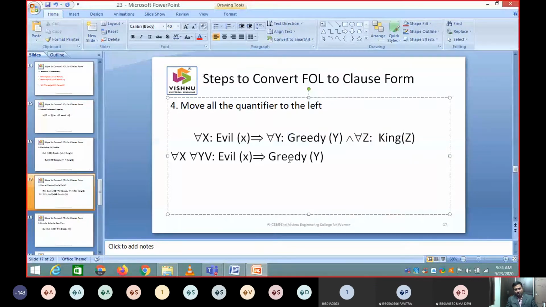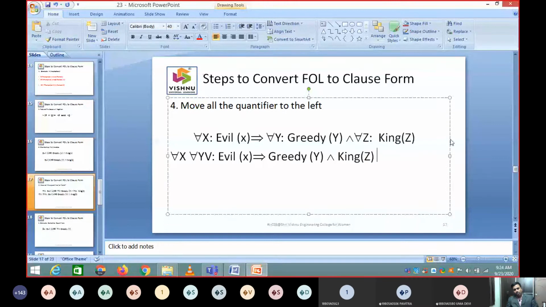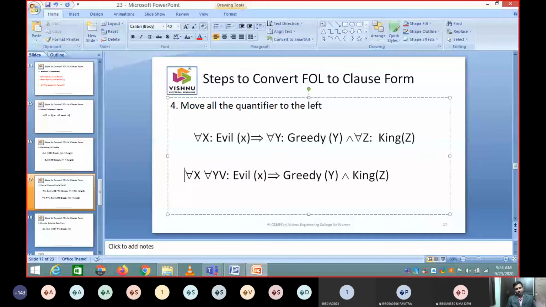Particularly since it is given in our textbook, we are discussing these rules, but the procedure that we adopt will be automatic. Even if the rules are not there, we will follow the same procedure implicitly. So these rules do not have a big significance in getting the output. You need to move all the quantifiers to the left of your equation, so that all this part will be removed at some point of time. This is Z.